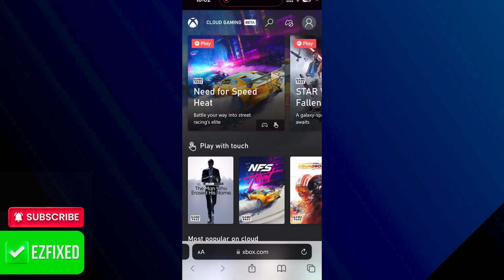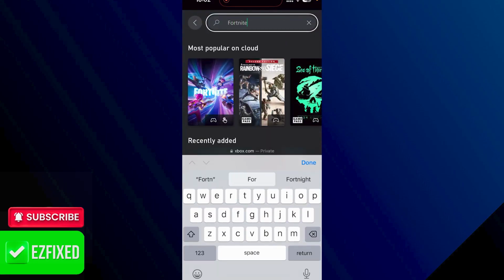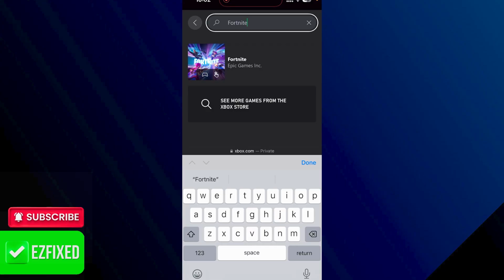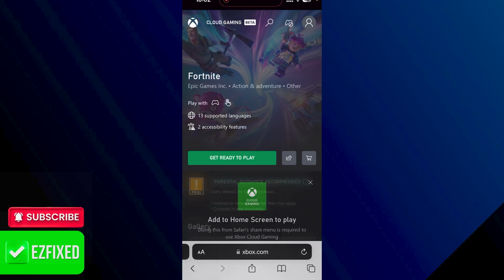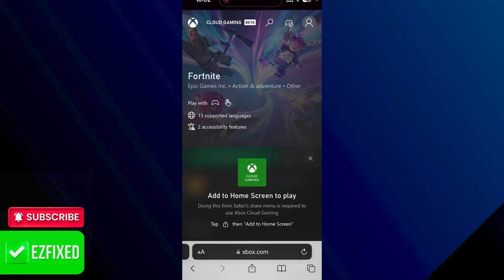So from this website we just need to go ahead and select Fortnite from this list of games. If it doesn't come up straight away, you can just use the search feature at the top here and search for Fortnite and hit enter. Then go ahead and select Fortnite. So just go ahead and select this Get Ready to Play button, and this will pop up with a screen